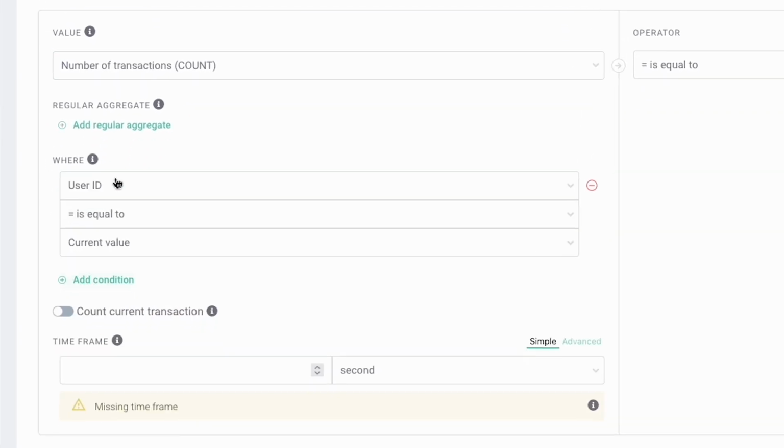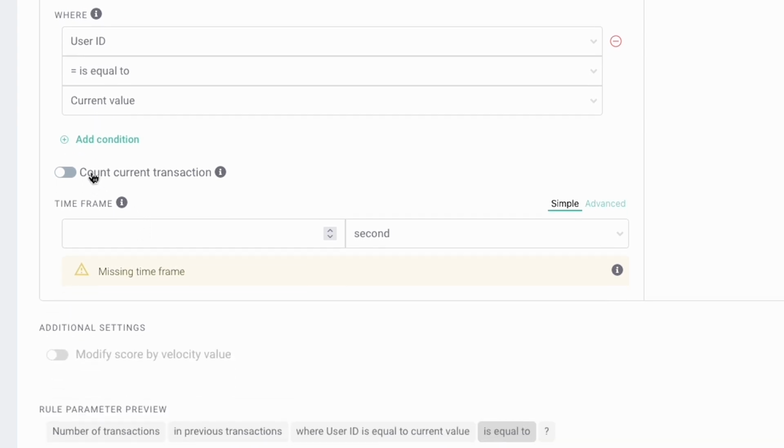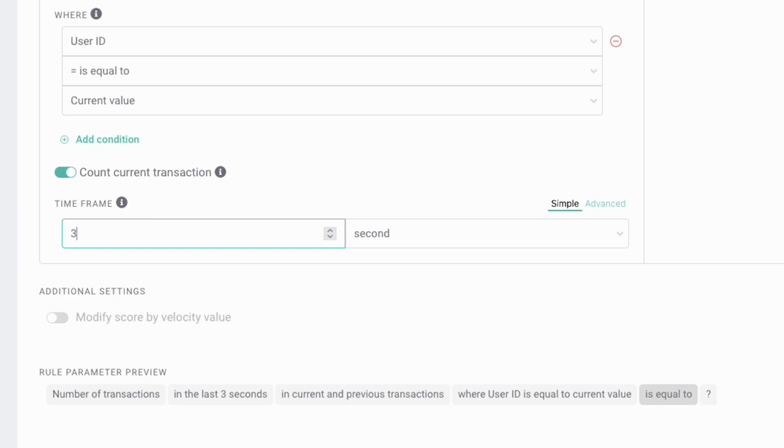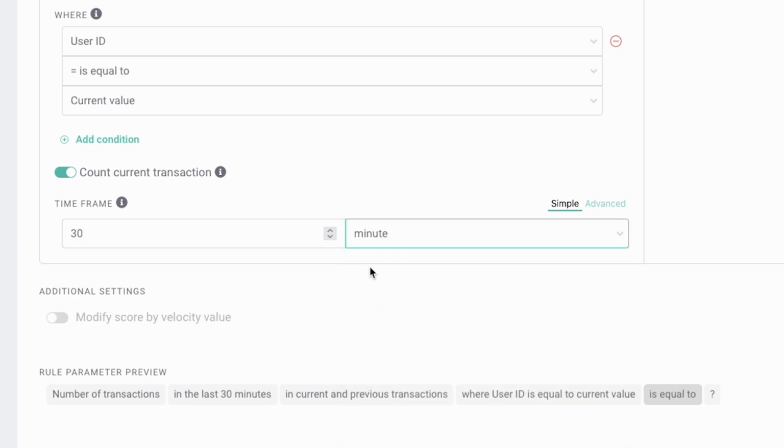Let's use the where section to filter which transactions we want the rule to consider when calculating aggregates. In this case, we only want to count transactions from the same user. So let's add a where user ID is equal to current value filter. The count current transaction toggle sets whether SEON should include the values of the current transaction in the aggregates it calculates. The timeframe field is where you can set a time frame, which in our example is going to be